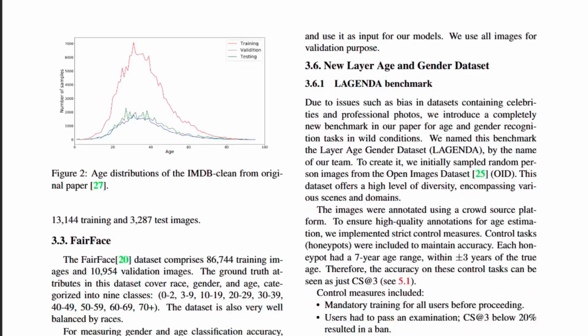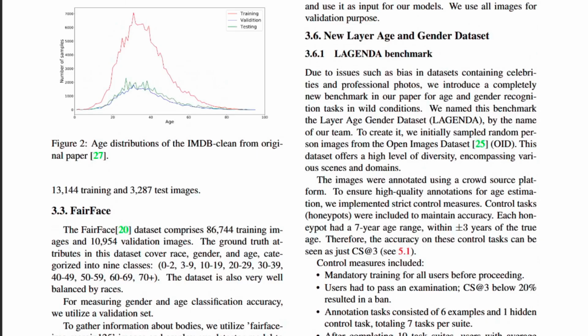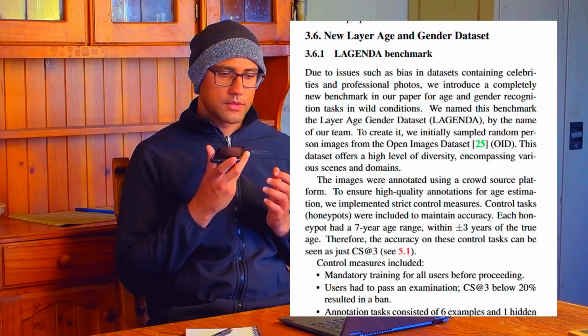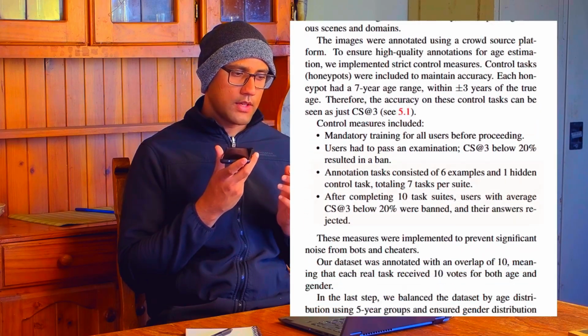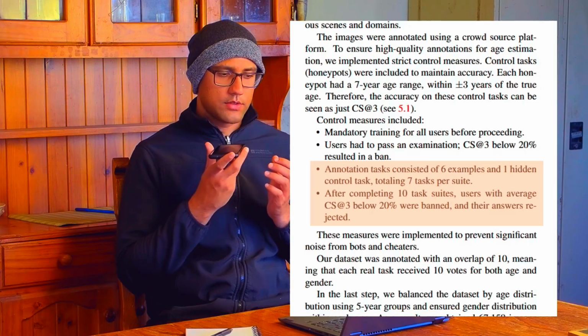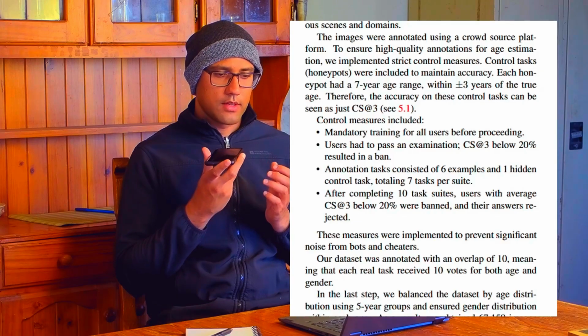Now, the Legenda dataset was created by randomly sampling images of people from the OpenImage dataset and using a rigorous crowdsourced annotation process to label each of the images. Essentially, each participant was asked to label 70 images with 7 controls and with crossover with 10 other annotators. And the age associated with each person was determined based on a weighted average based on how well the annotator performed on the controls. I think it was well done how they had constructed this dataset, because they had really gone into a lot of effort to make sure that the annotators were labeling things correctly.